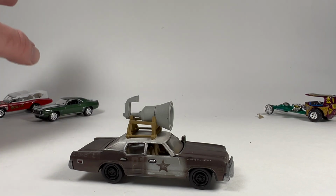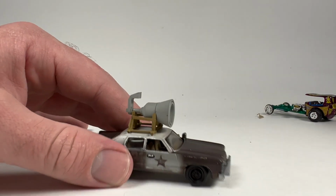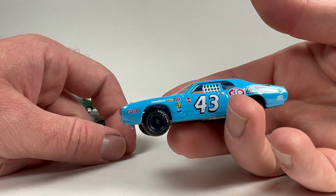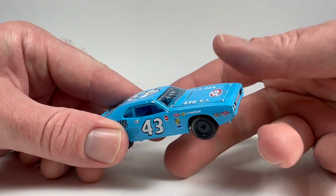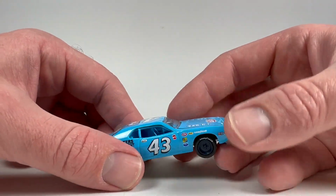You know, the weird thing is the car that I thought I was going to like the best out of this set was going to be this one. Why? Because it's kind of a classic NASCAR race car kind of deal. It's got the old school graphic design on it, and it's really cool. It's a really cool car. But honestly,